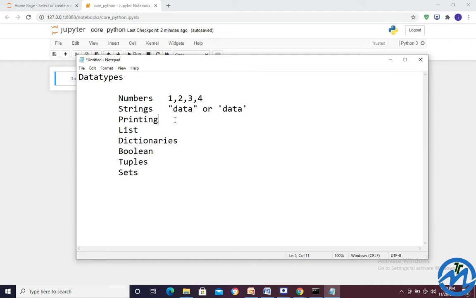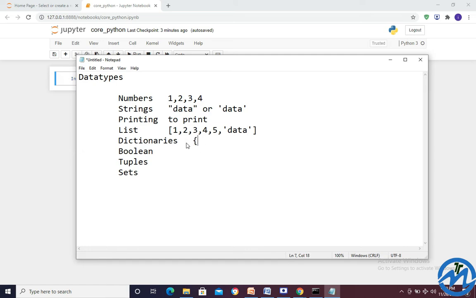Printing is nothing but we want the data and we want to print it. You can get it. Now, to create a list, how can we create the list? Multiple data will be in a group, either similar or non-similar, in this manner.